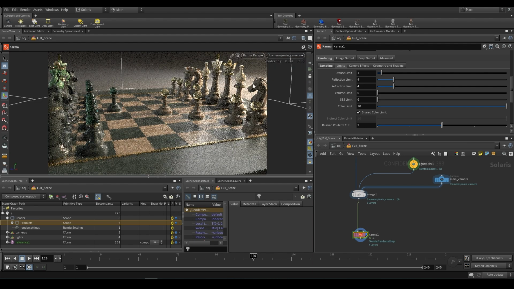If we just switch to our Karma viewport, and we go over here to our refraction limit, if we drop this to 0, so we're saying no refraction at all, you can see that all of our transmissive materials become black, right? There's no light being allowed to bounce inside of them. Now you may see that and think that volume limit and subsurface scattering limit being 0 is a bad thing, but they actually do allow light to bounce inside,